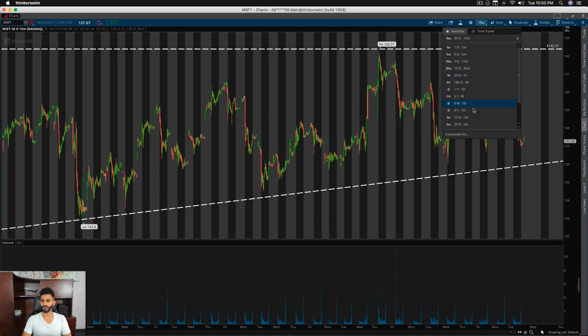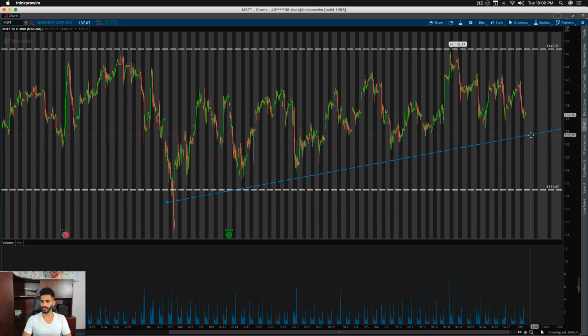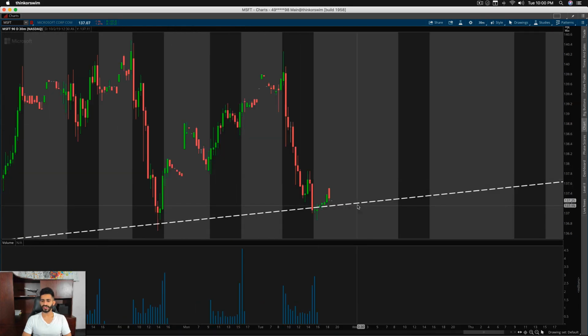So even if, let's say I go to a 90-day, 30-minute, and I try to make it a little bit more perfect, right? I want to see if this level is actually working, and I do try to fix it. Remember, it's not going to be an exact level or line. It's the idea. So if this stock, let's say tomorrow, is able to bounce, and I can see on the